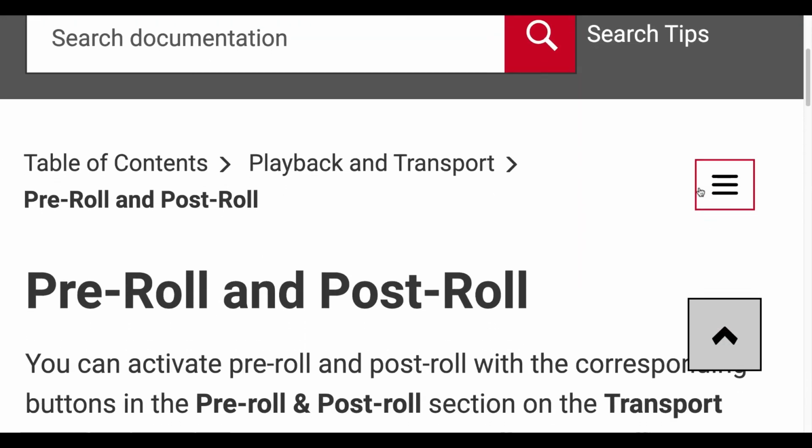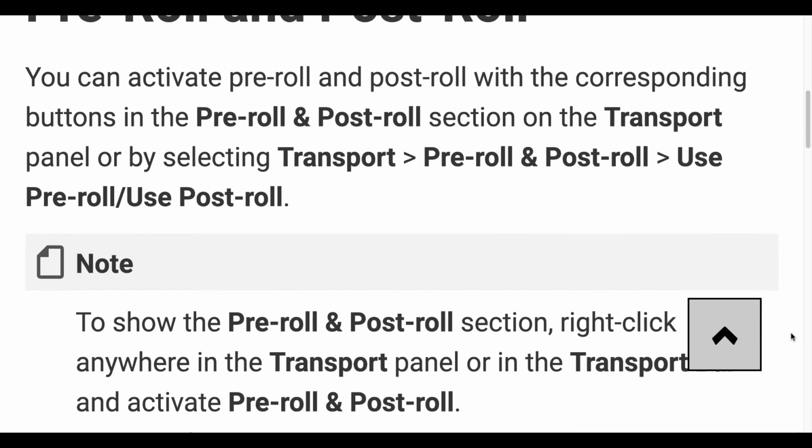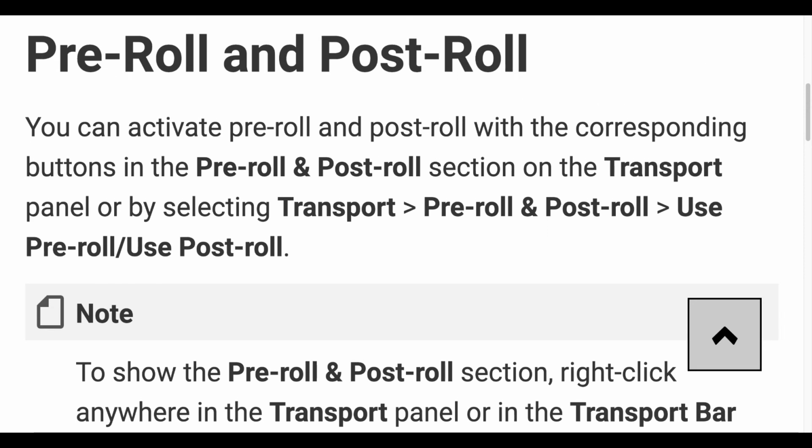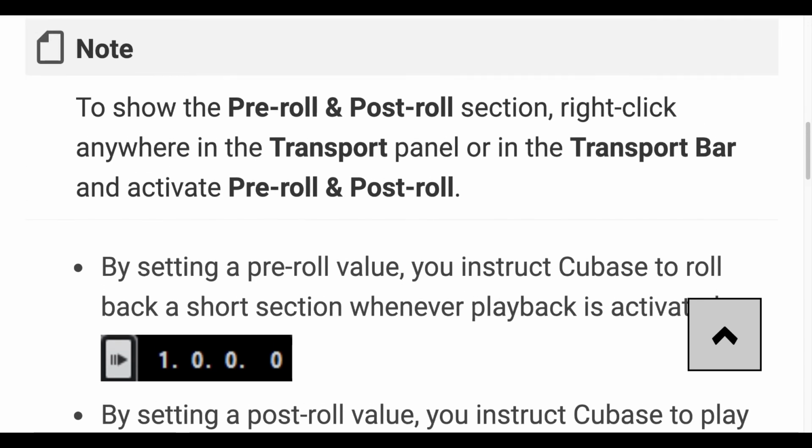Selecting the primary time format. Pre-roll and post-roll. You can activate pre-roll and post-roll with the corresponding buttons in the pre-roll and post-roll section on the transport panel, or by selecting Transport, Pre-roll and Post-roll, Use Pre-roll/Use Post-roll. Note: to show the pre-roll and post-roll section, right-click anywhere in the transport panel or in the transport bar and